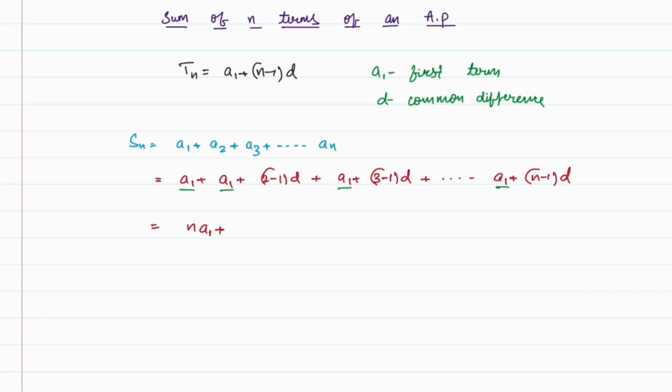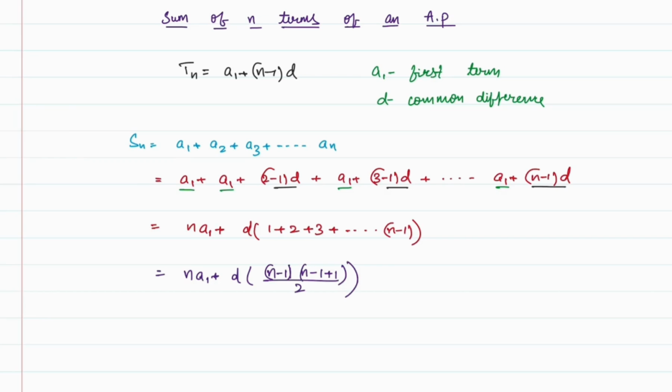now let's see how many terms we have with d. So here you can see we have 2 minus 1 into d, so this will become simply d, and here 3 minus 1 into d and n minus 1 into d. So when you take d common, this will become 2 minus 1 is 1 plus 3 minus 1 is 2 plus, next we have in the fourth term 4 minus 1, which will become 3 plus so on up to n minus 1. So this will be given by n into a1 plus d times, you can see this is in the form of first n minus 1 natural numbers, which will be given by n minus 1 into n minus 1 plus 1